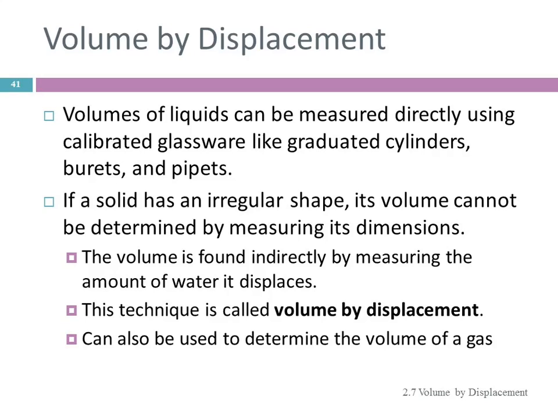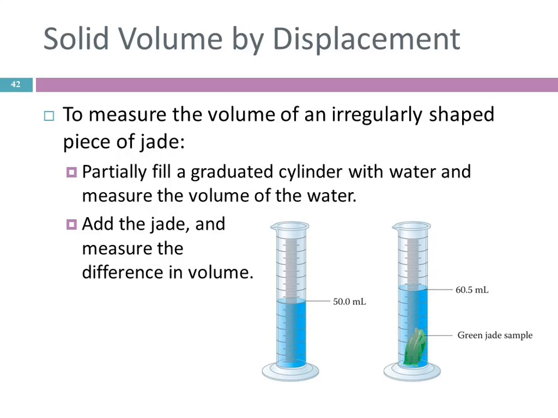And so what we use is a technique called volume by displacement. And this is an indirect measurement. It can also be used to measure the volume of a gas. I think we got a picture. Yeah, here we do. So the way you do volume by displacement is you have a container with water in